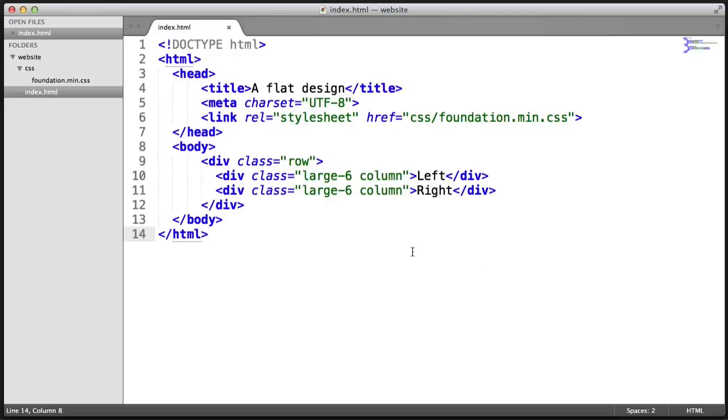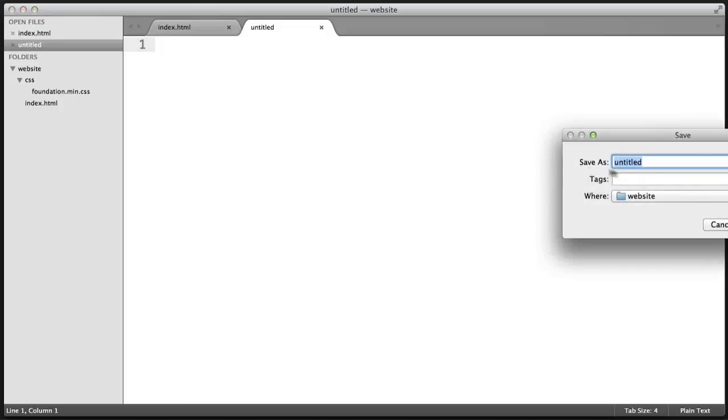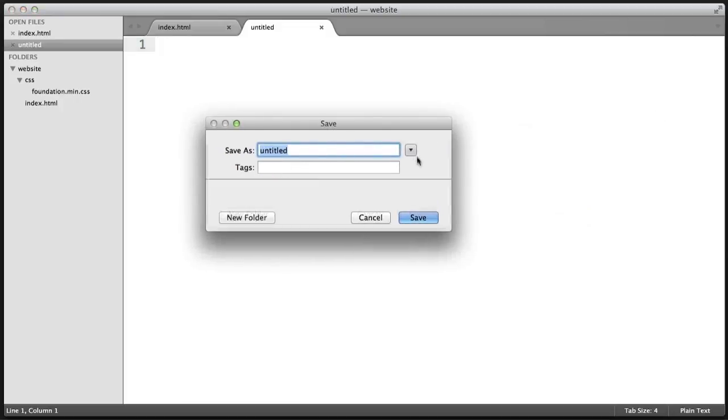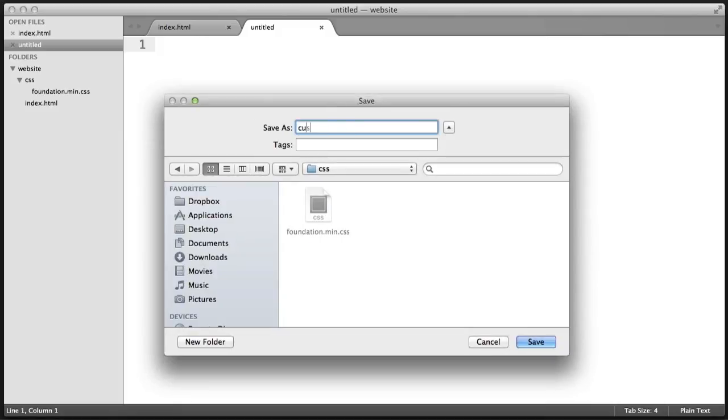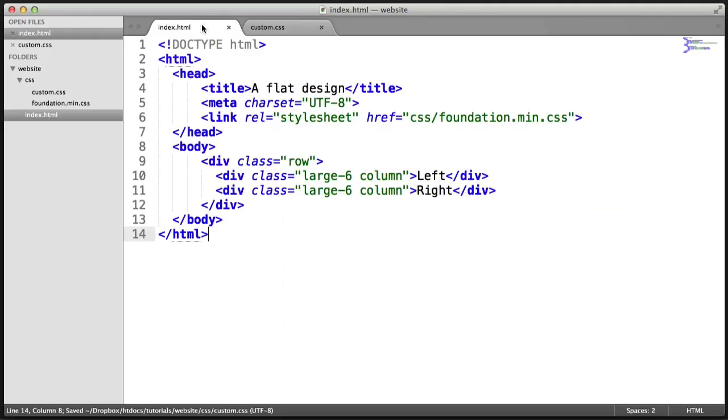So let's go ahead and just create a new file. We'll go ahead and save this inside of our website directory. We'll save this inside of CSS. So this is going to be called custom.css, and let's just go ahead and save that. So we've now got a custom.css style sheet that we can go ahead and include on this page to build